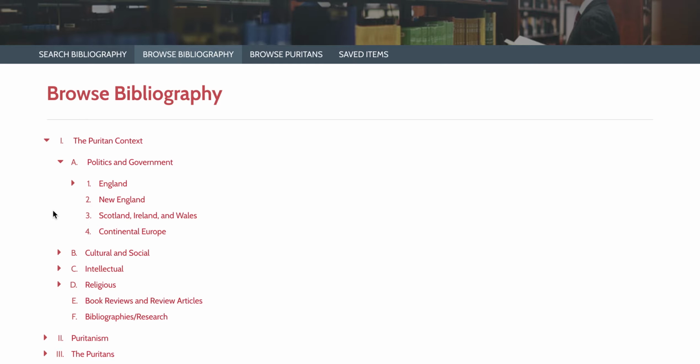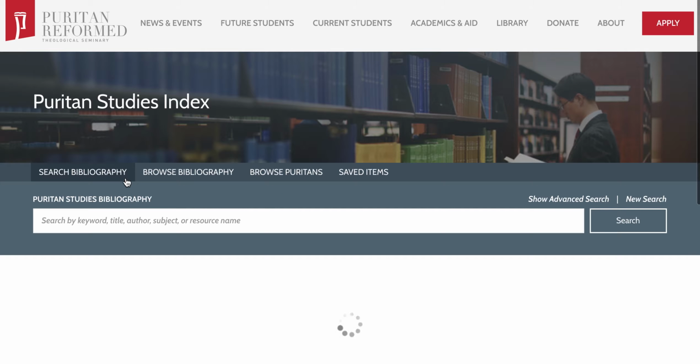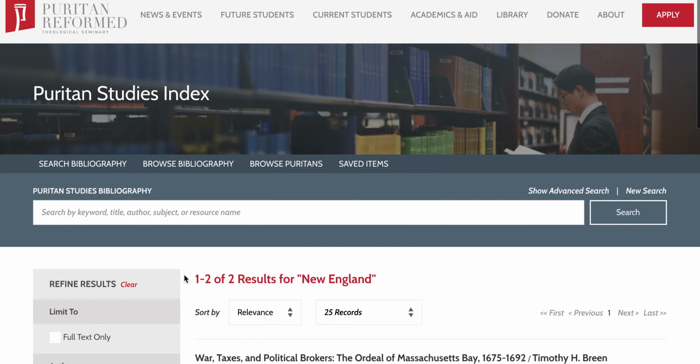Drill down even more and you can see how we've divided that. And again, this is just a topical layout for all the articles in the Puritan Studies Index. So if I were to click on New England under Politics and Government, the Puritan context, I could see right now